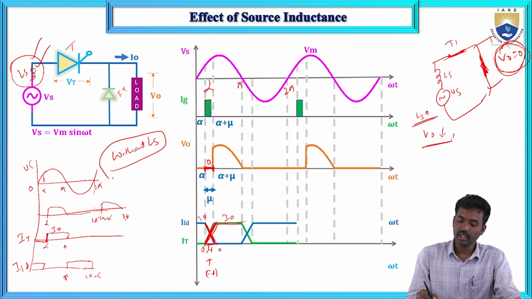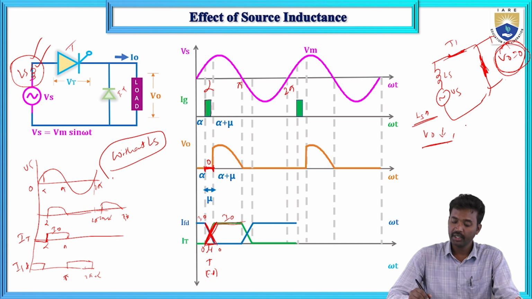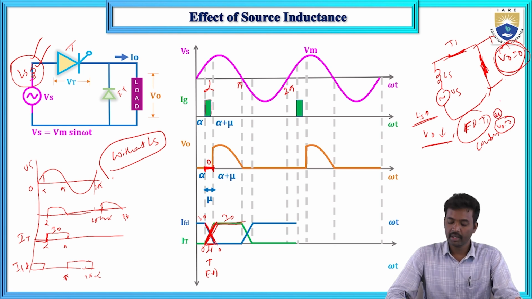And next, at a time, the freewheeling diode and all switches will conduct. The freewheeling diode and T1 will conduct at a time. So the output voltage is 0 during the overlap angle. Next, V naught is 0, and the conduction time for the SCR